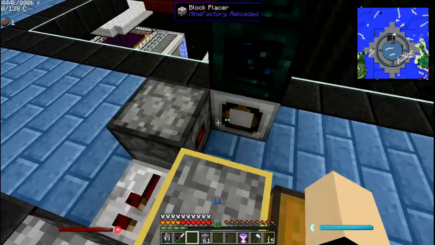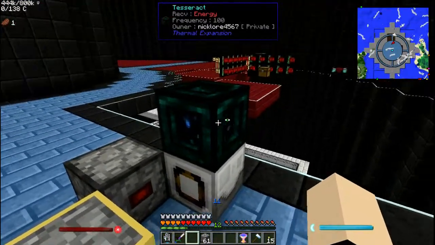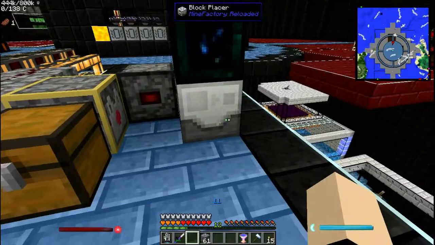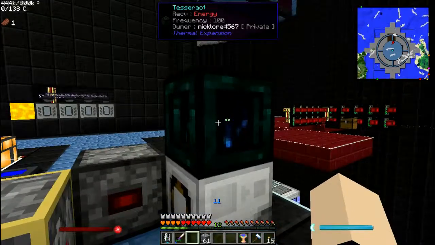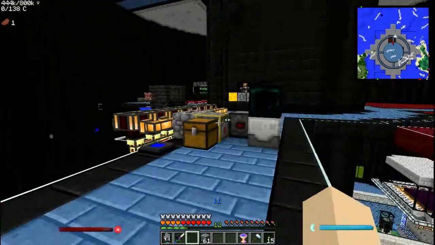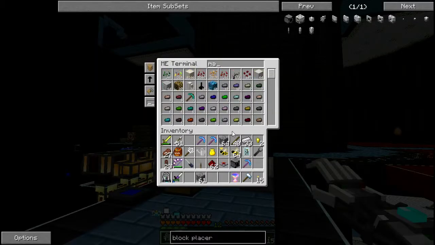So what I think we're going to do is have a vacuum hopper up here. We're going to export it into this tesseract. That'll be right here, and then we'll have the tesseract giving this energy, and we'll have the vacuum hopper sending items that this thing breaks into it. So basically this is really good for our magical crops thing because we're getting